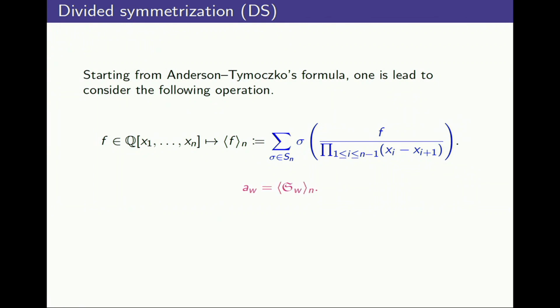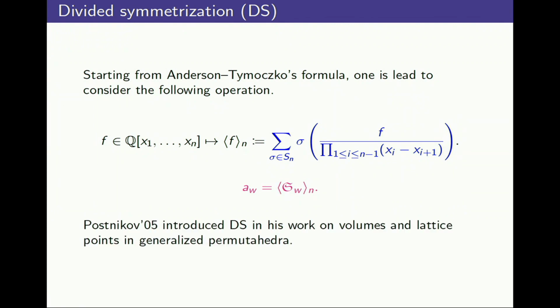And if the polynomial f has degree n minus 1, then the result is a scalar. Right? You've got something of degree n minus 1 above, degree n minus 1 below. You symmetrize, it ends up in the ground field, so it's a scalar. It's got no variables involved. Okay? So my A sub w, the coefficients of the Schubert polynomials in the class of the permutahedral variety, can be computed by this painful procedure. You plug in f equal to a Schubert polynomial, compute the sum, and that's a number. Turns out it's a non-negative integer for geometric reasons, and hence the question.